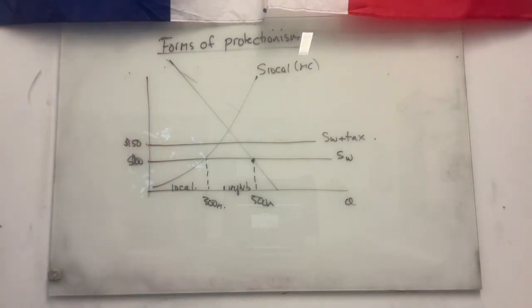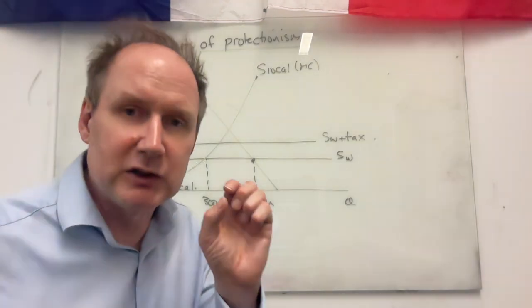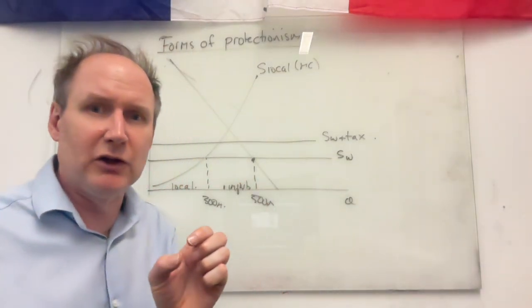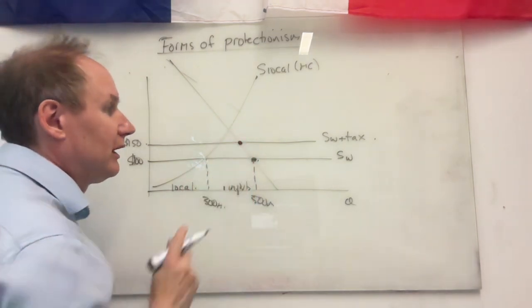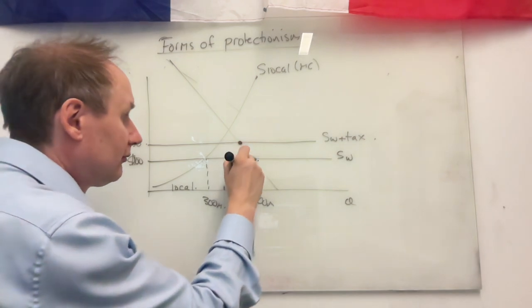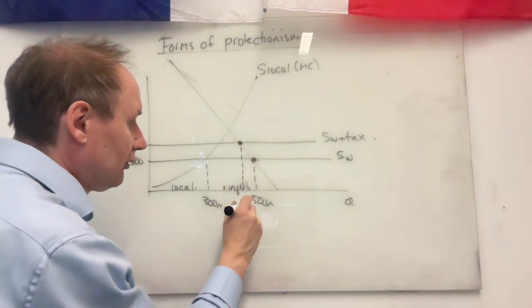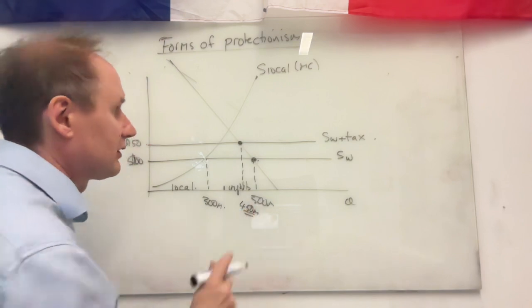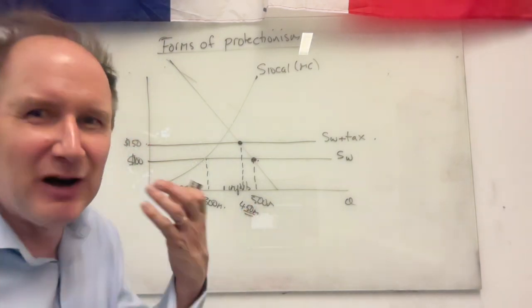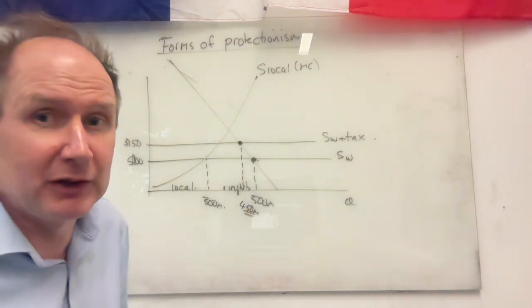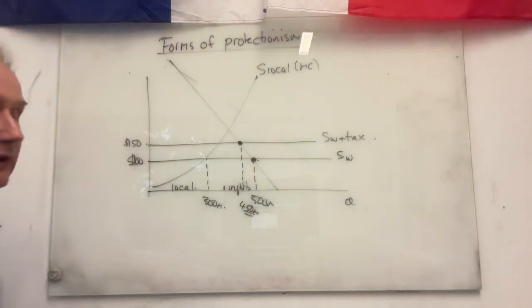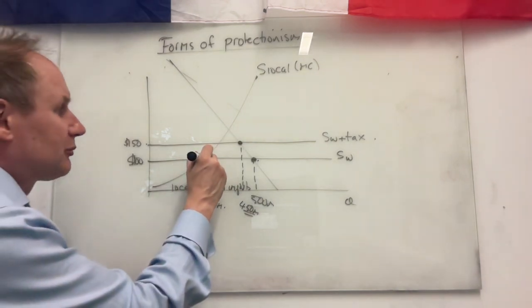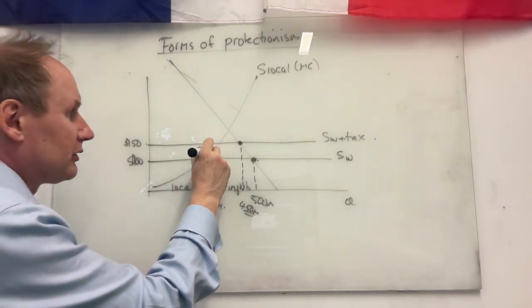So what happens in the market? Well, the first obvious thing that happens is that demand falls. Price has been driven up to $150, so we're going to get a contraction in demand. Instead of 500 million tons being bought, now in total only 450 million tons of steel, coal even, are bought at all in the local market. The price is just higher. Consumers are losing out.